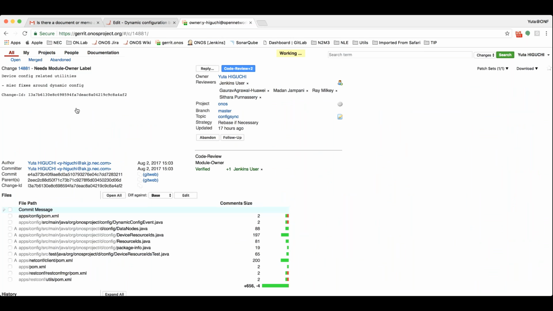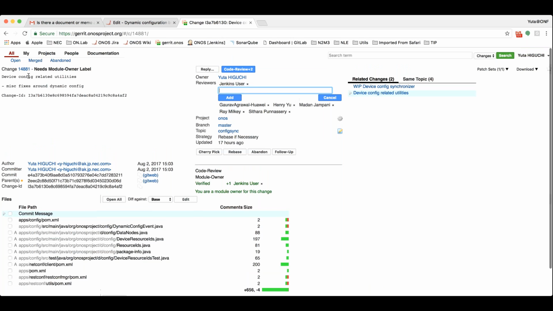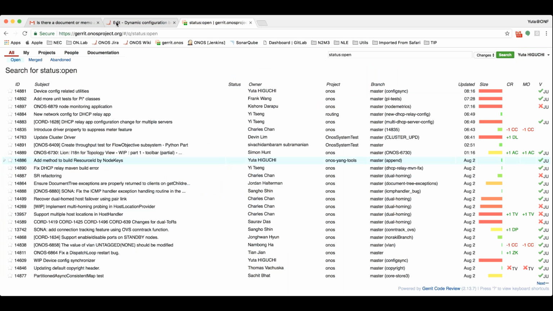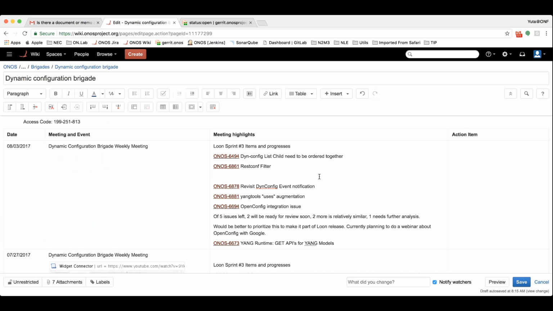Does that make sense to you guys? Okay. So for that, it's probably not difficult in implementation to do, and then we will go from there. That's one. So the device proxy is one story.